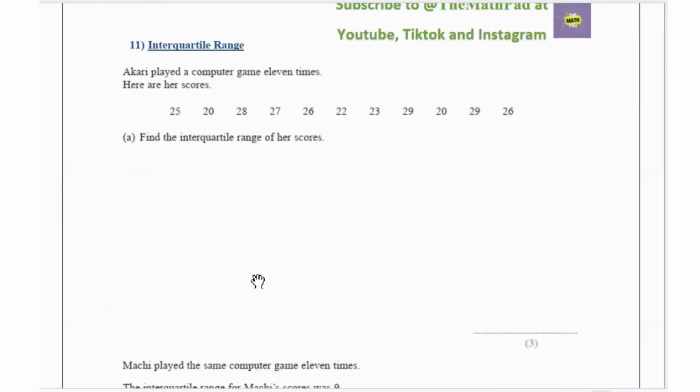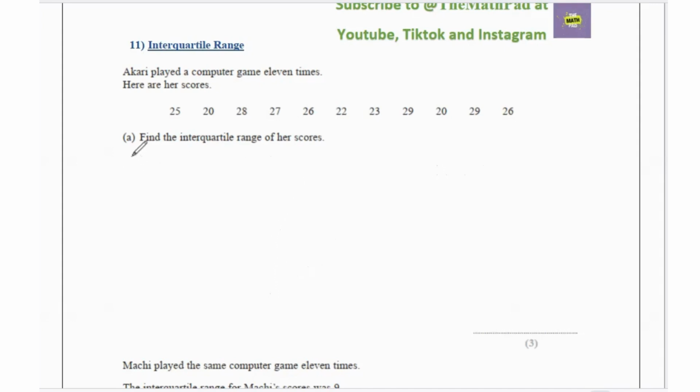Then it says that Akari played a computer game 11 times. Here are her scores. Find the interquartile range of her scores. For the interquartile range, first we need to see if the data values are given in ascending order or not. As you can see, they're not. So what we need to do first is rearrange it in ascending order and then use it to find the